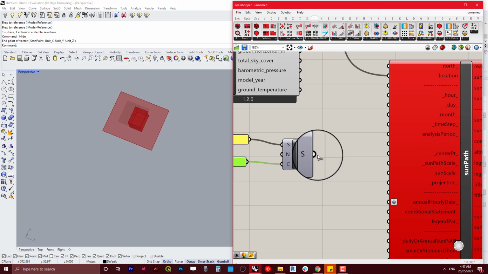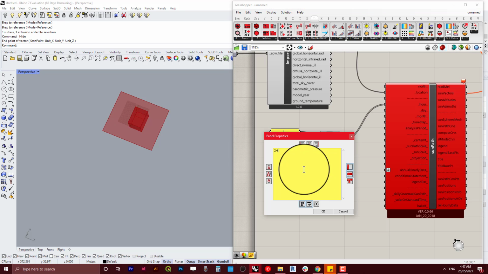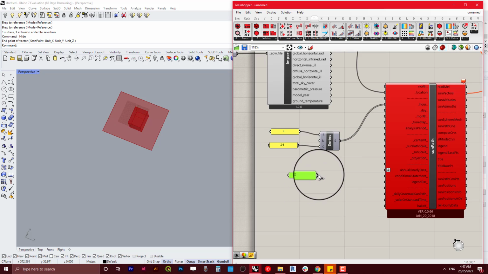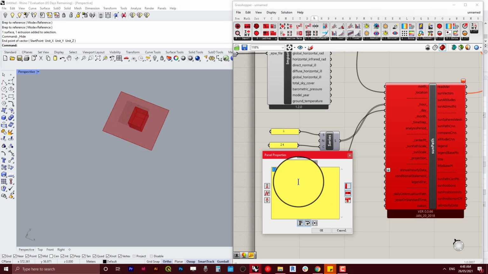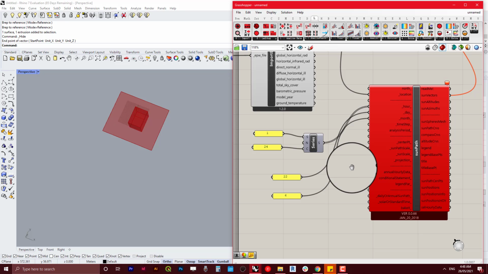So it's 1 to 24. It's got 24 hours, and then try to copy that. We maybe try to analyze the winter sun, so we use the winter solstice, which will be the 22nd of June, 22/06, then plug into a month, and then